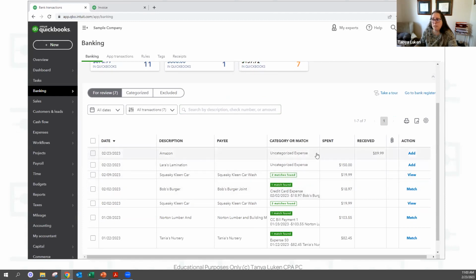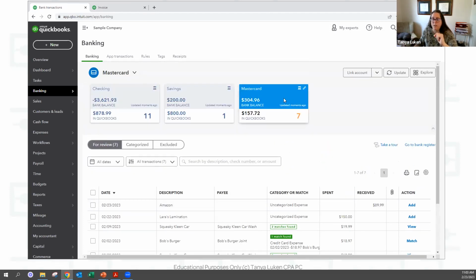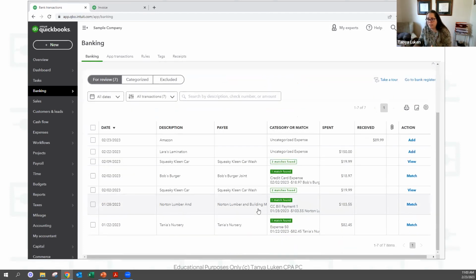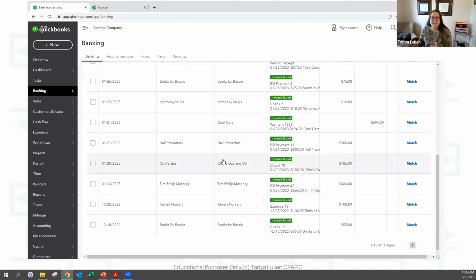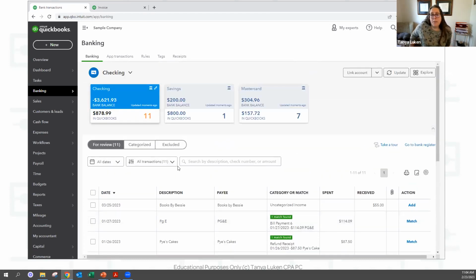Okay. So you always want to make sure that your payments to your credit cards and your transfers into your savings account or out of your savings account are matched to transactions and paired together with the one from your checking account. Because QuickBooks doesn't see that they're the same thing because it looks only at these tiles individually. And so it looks at these transactions and it looks at these transactions, but it doesn't necessarily know that two of them go together. Okay. So keep an eye on that.